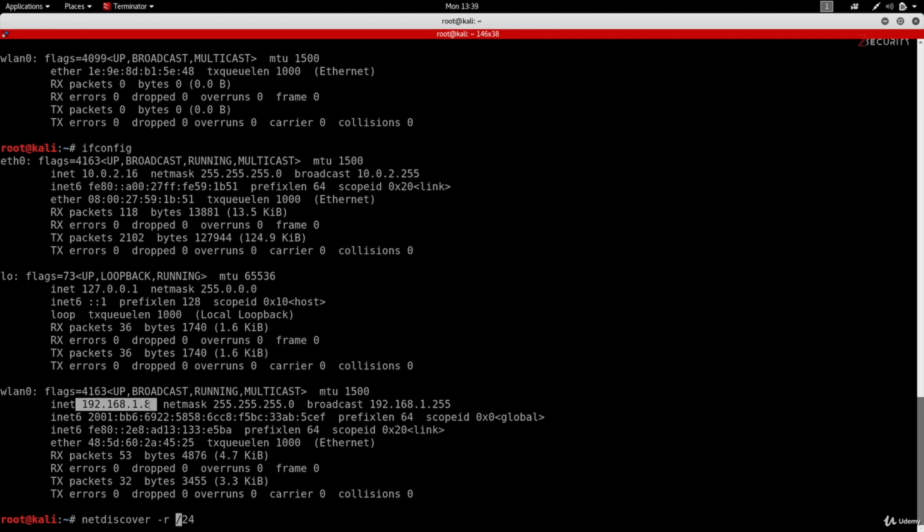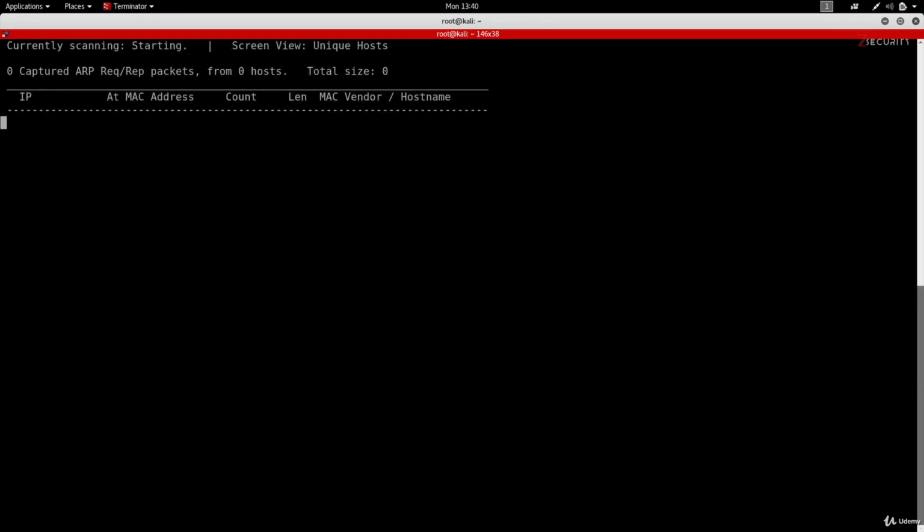So therefore, the range that I'm going to look for is going to start at 192.168.1.1. And I'm going to leave the /24 here because this will tell NetDiscover that I want to start at 192.168.1.1 and finish at 192.168.1.254. So if I hit enter now